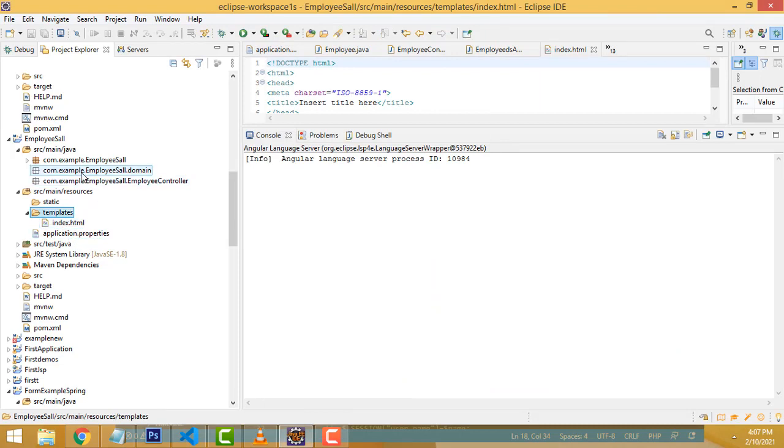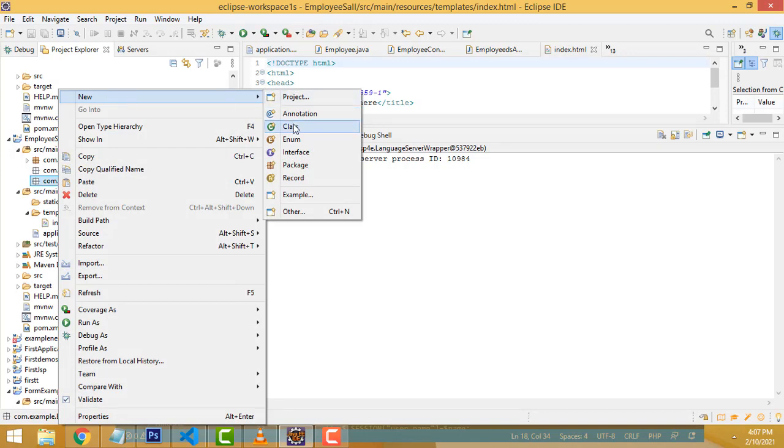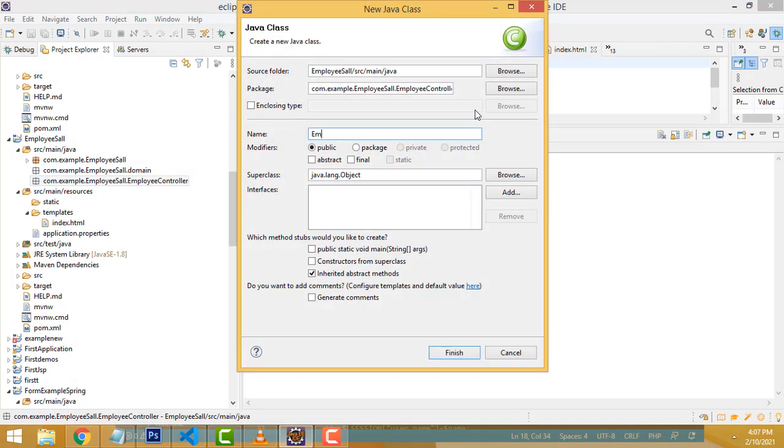Now we have the domain and controller. First we have to select the employee controller package, new class, EmployeeController. Click finish.